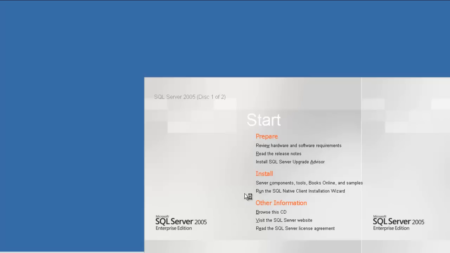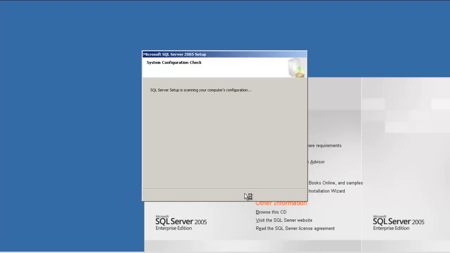Here we are. As you can see, we have started installing SQL Server. It has installed the components it requires, and we are waiting for it to start the installation of SQL Server. Here it is. It says SQL Server setup is scanning your computer configuration, the system configuration check.